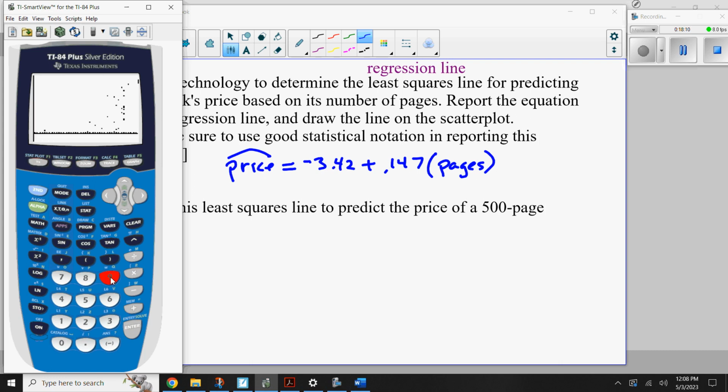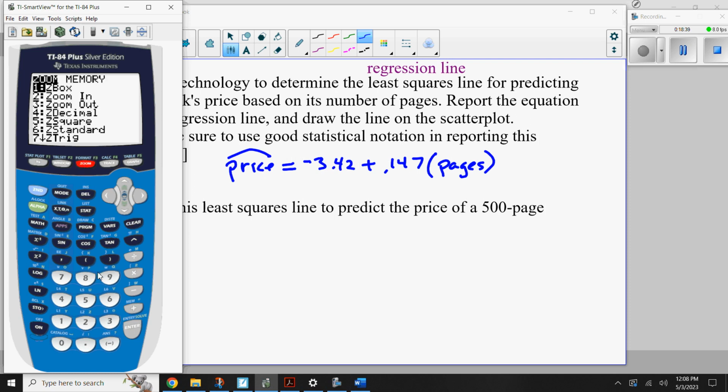Now, when I go to graph it, I'm going to go zoom 9. Whoops, sorry, my bad. See, this is good. I'm glad I made a mistake. I forgot to change my stat plot. So I'm going to go back to my stat plot, second stat plot. Remember, I did it with L3 and L1. Now I'm going to change it to L2 because I want the same stat plot. So second 2, enter, and go zoom, clear that out,